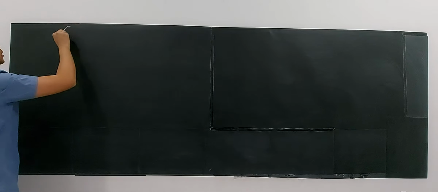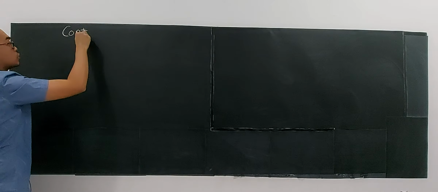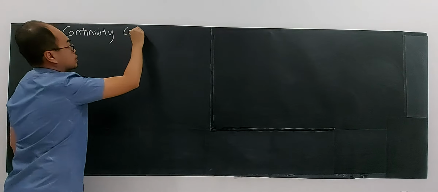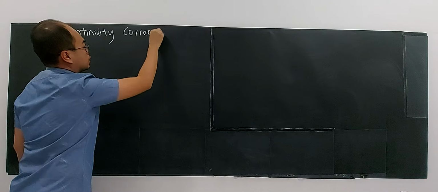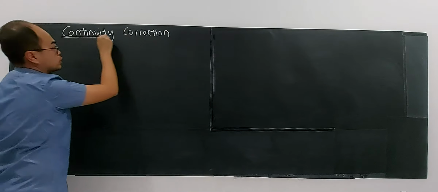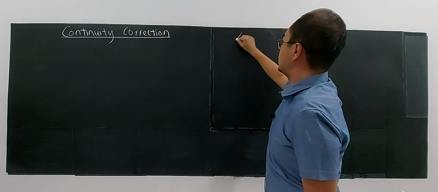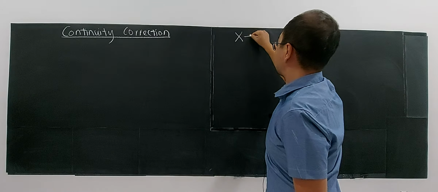Hi, in this video I'm going to introduce you to the continuity correction. So what is the meaning of continuity correction? When do we need to do continuity correction? When we convert a discrete random variable,